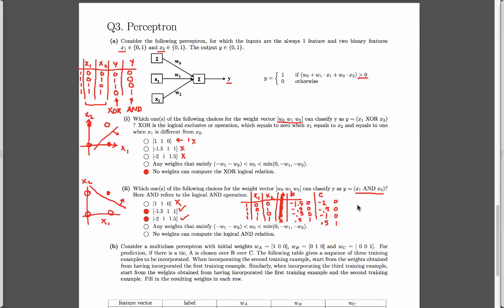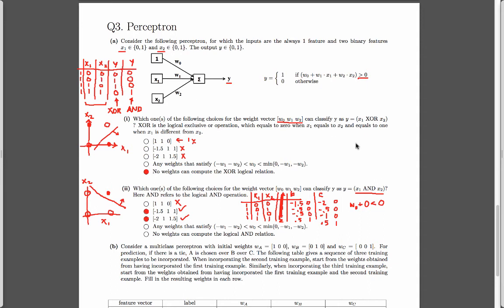So in the first case, in the first example, where x1 and x2 are 0, and we want y to be 0, that means that we want w0 times your bias vector, which is 1, plus 0. We want that to be less than 0, because we'll have 0 times w1 and 0 times w2, and we want this result to be negative